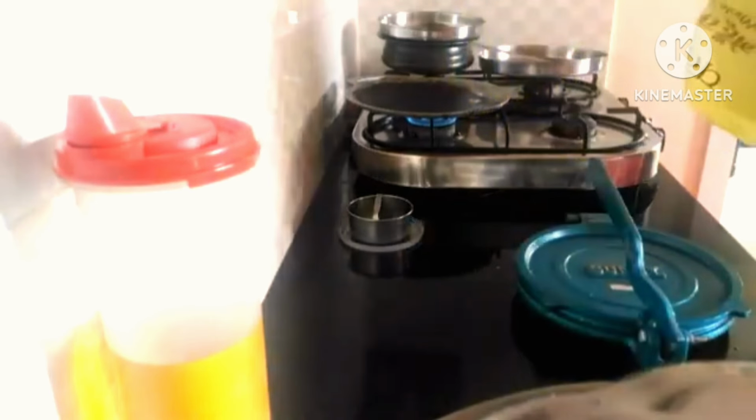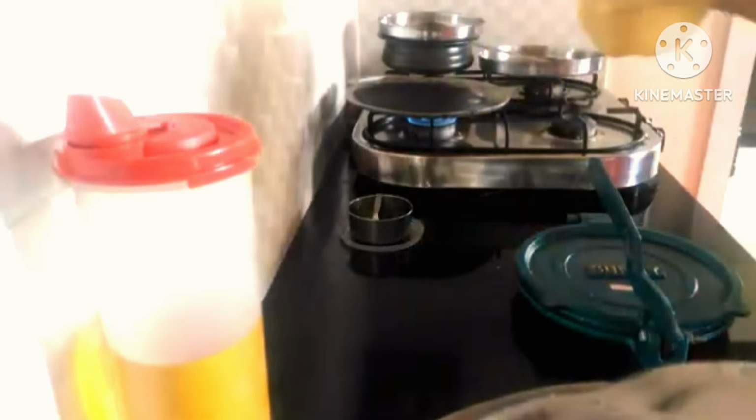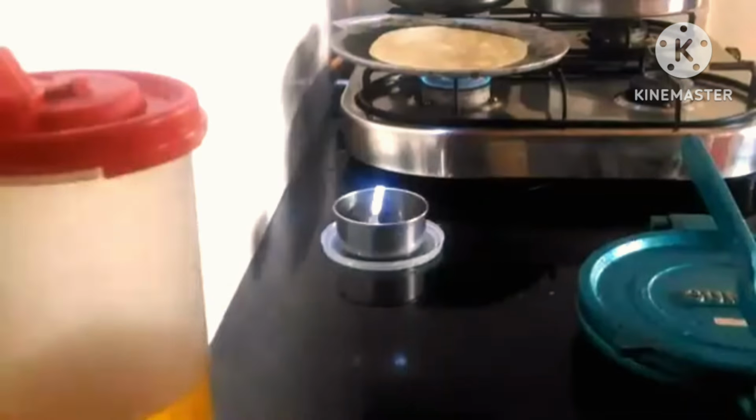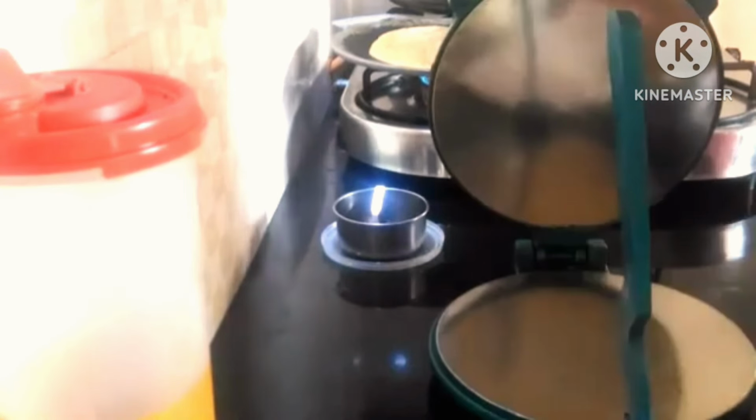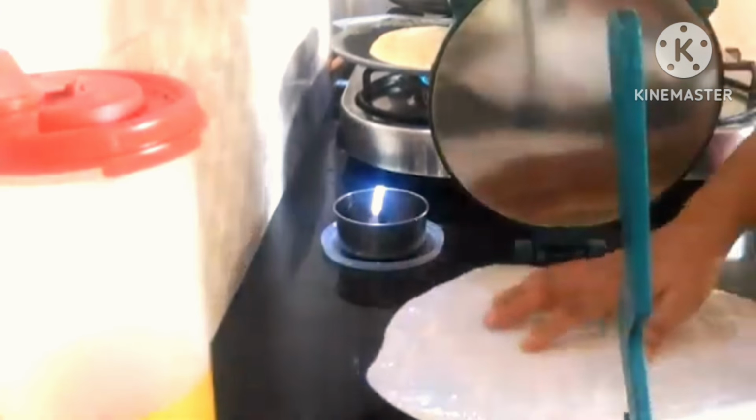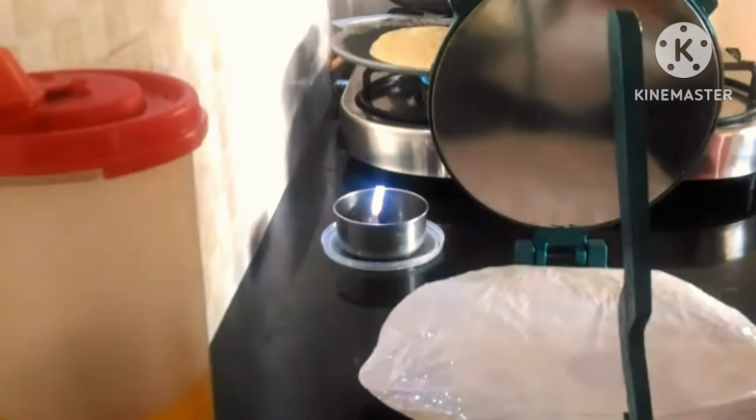Wow, look at the result. Now I am placing the pressed chapatis on the tawa. So now I am making one more chapati